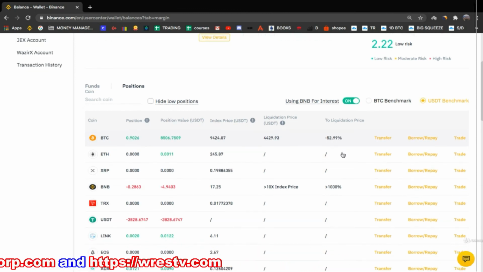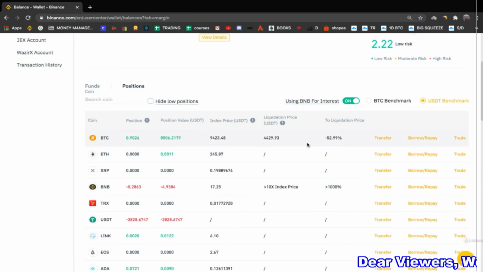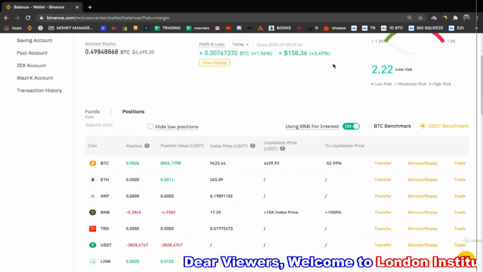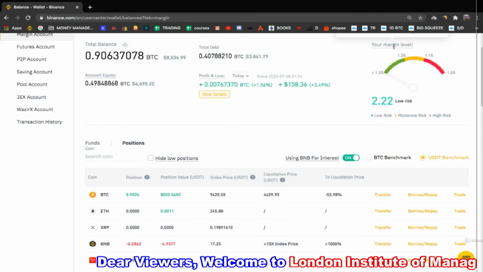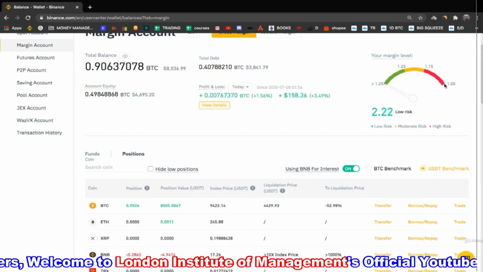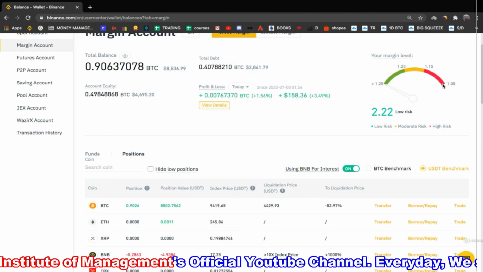So this is why risk management is so important, because again, this is crucial, guys. You have to have risk management. The people who don't have risk management are the only ones who are getting liquidated. If you have risk management, you will not get liquidated, right? Here you can see your margin level, and this shows you when you are at high risk as well, but you are not going to reach this point because you will be stopped out much before that.